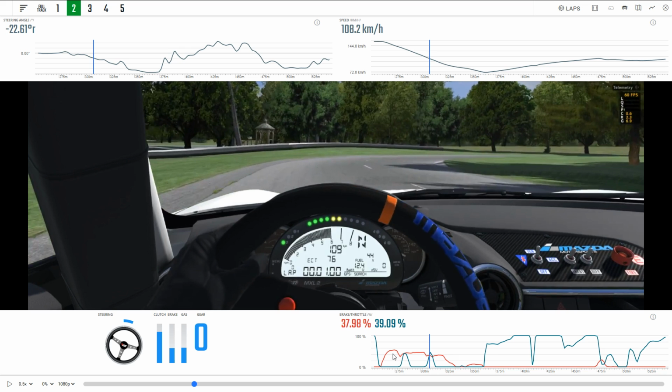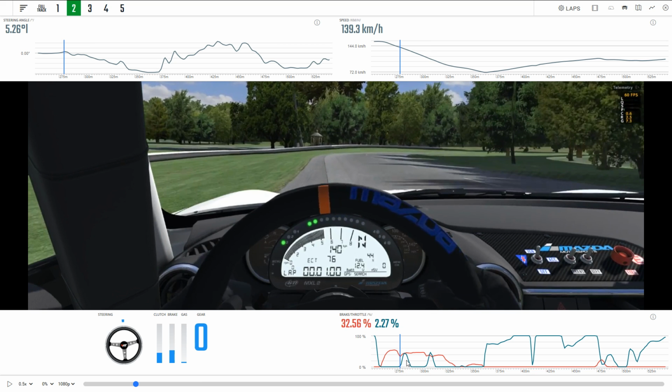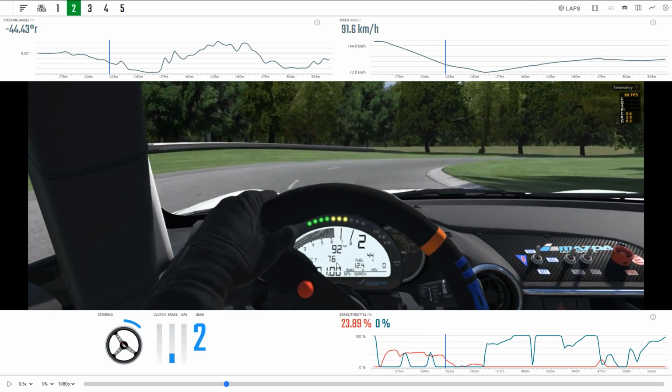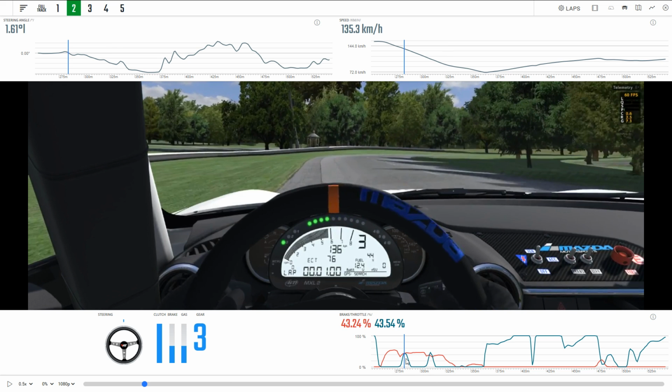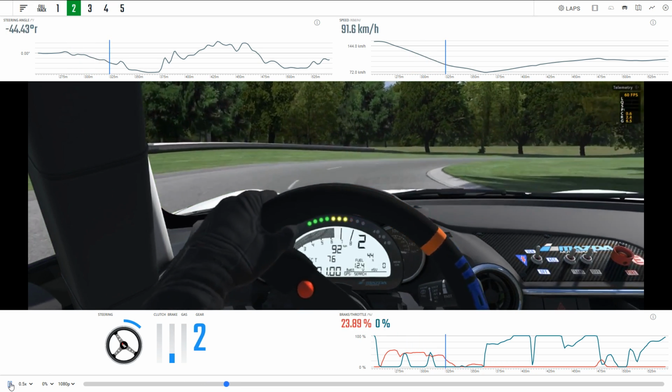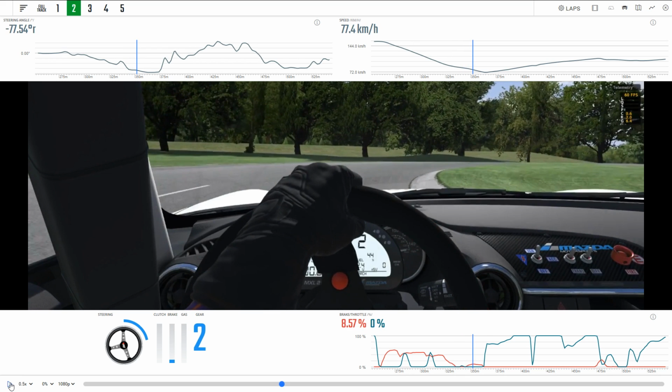No need to brake any harder than that in this car. Even with the ABS, it's just not necessary, and you have a lot more control with your braking if you brake nice and gently. You can see here I'm blipping the throttle as I downshift, which is why my braking isn't quite constant, and I have 2 blips down into 2nd gear, and I'm also turning in fairly soon, so pretty much after I've downshifted into 3rd gear I'm starting to turn in, and it's a very long corner, this first corner, so you need to